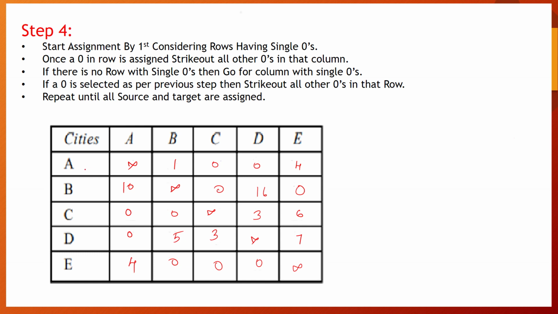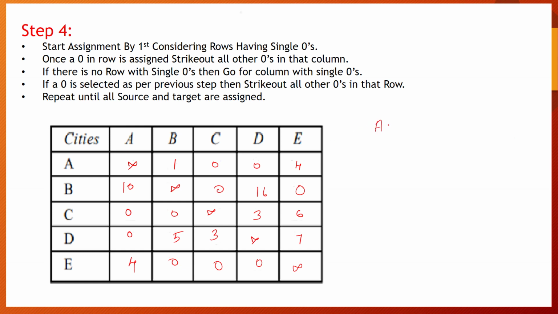So let us see, if we go from A, at the minimum cost the salesman can go to C or D. Since they are both 0, let us just think that he goes to D. If he goes to D, then from D again the minimum path is A only. This is not an efficient path, and it will create a loop. So what we can do is, from A we can say that the traveling salesman goes to C.